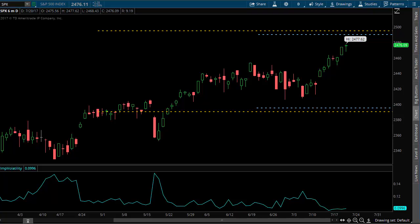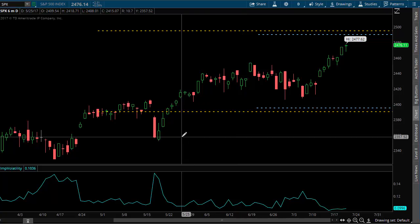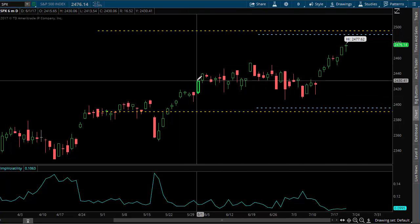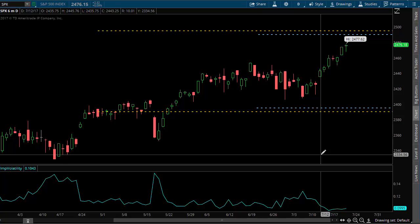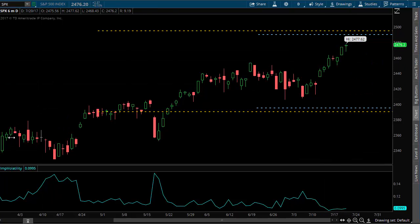So let's take a look at the SPX real quick. As I mentioned, you can see that the market's kind of broken to new highs, still very, very bullish. And just because this is a short-term bearish trade, doesn't necessarily mean I think the market's going to crash or whatever. But as we hit these new highs, a couple things are happening from a macro perspective. One,